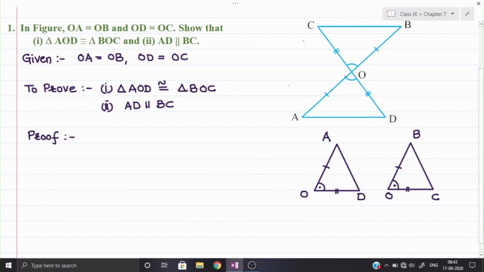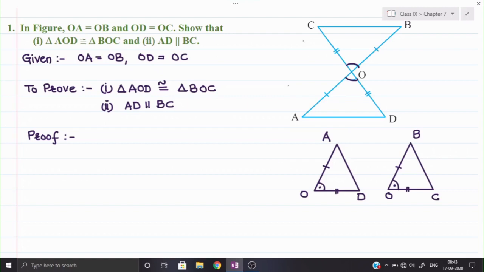AOD, this is your angle AOD, right? And this is your angle BOC. These two angles are not simple angles, these are a special kind of angles. So what kind of angles are they? You observe two lines are intersecting at a point O. Which two lines? AB and CD. So we can say that if two lines intersect at a point, then at the point of intersection, the angles formed in front of each other are called vertically opposite angles.